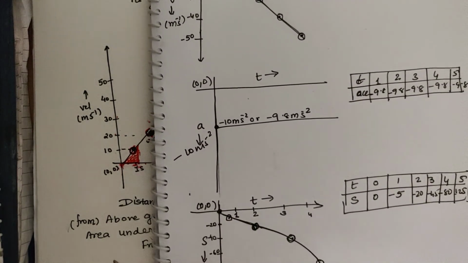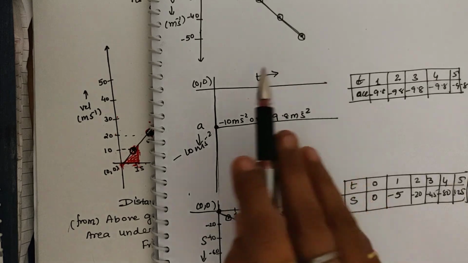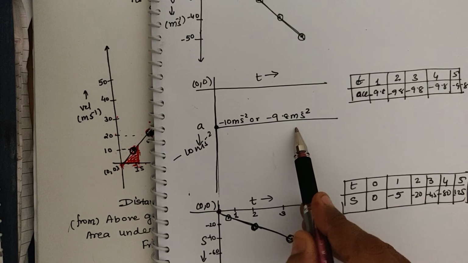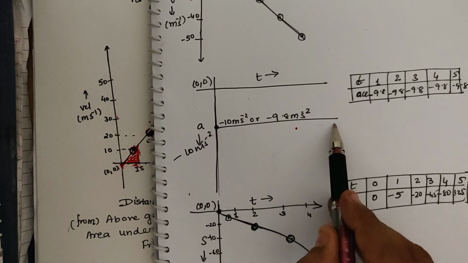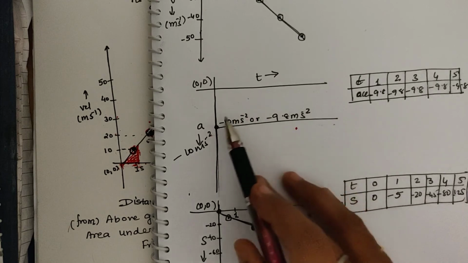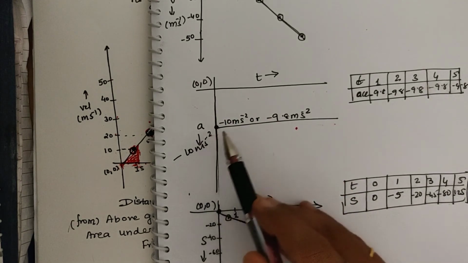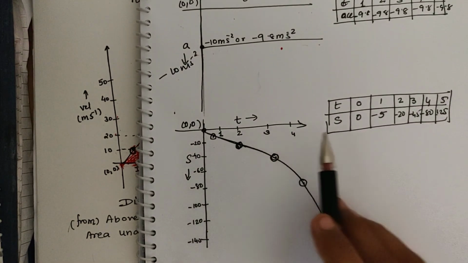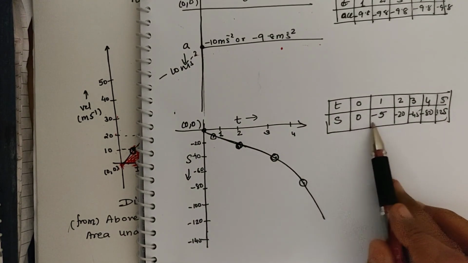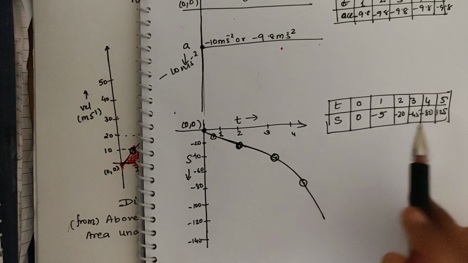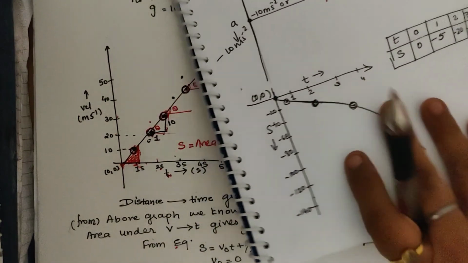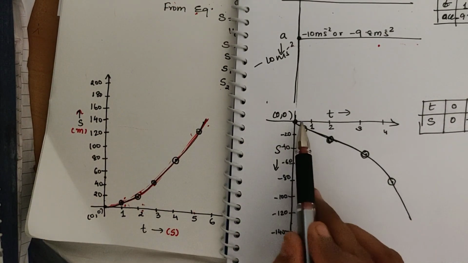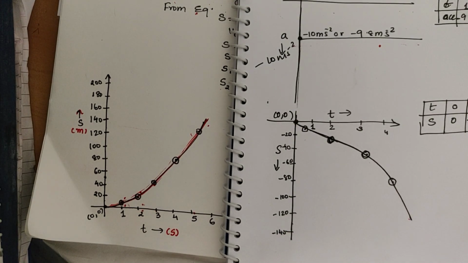Similarly acceleration here becomes what? Negative. In the downward direction we got positive. Here we get negative. So it would again be a graph parallel to the time axis, but taken as minus. Either you take minus 9.8 or minus 10 meter per second square. Similarly, for the displacement, all these values must be negative. That's all. So here the graph would be like this. You can make out the difference in the graph. This graph is increasing. This graph is decreasing. I hope you understand.